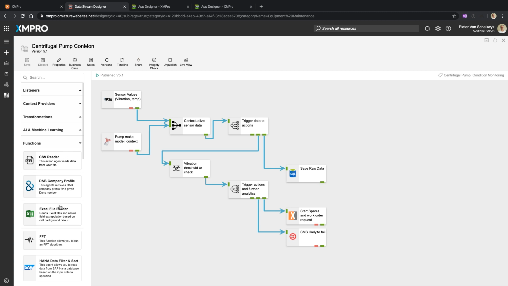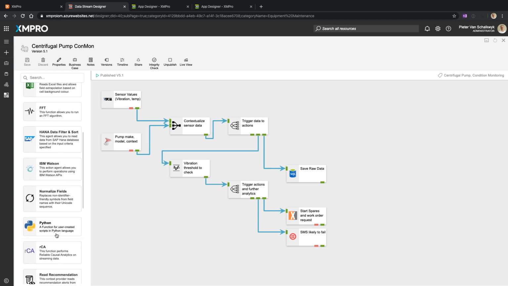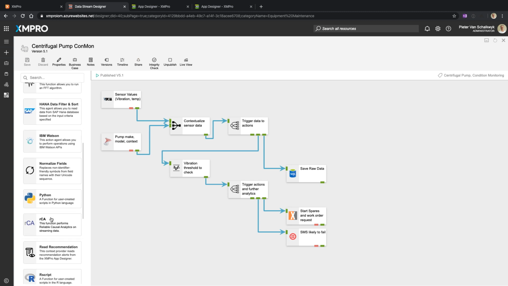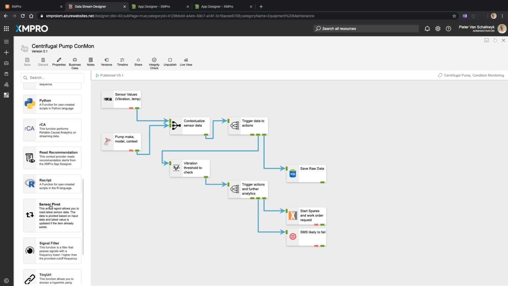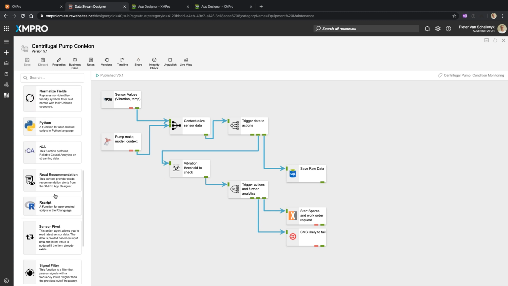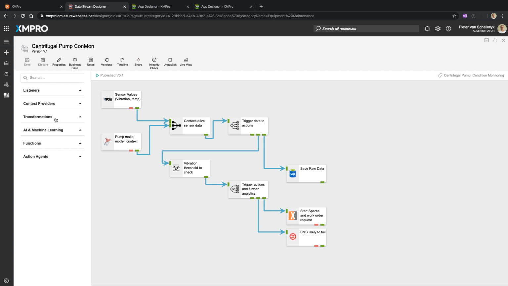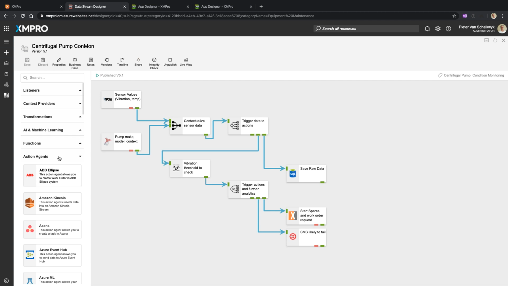Functions, these are things like fast Fourier transformations or functions that you want to perform when you manipulate things like Python scripts or R scripts or certain signal filters that you want to do. So these are more function based, not so much transforming the data, but just applying the data and getting an answer out of something. And then lastly, and almost most importantly, is what are the actions that you want to do,